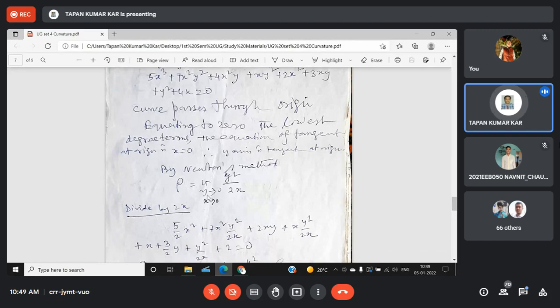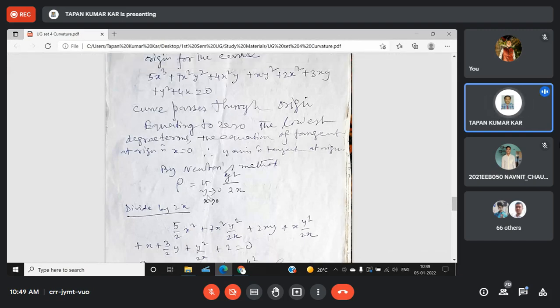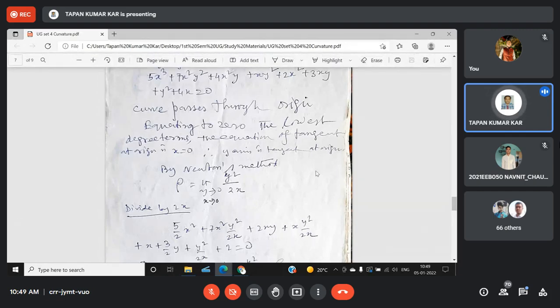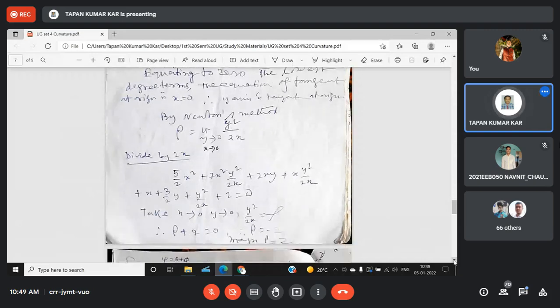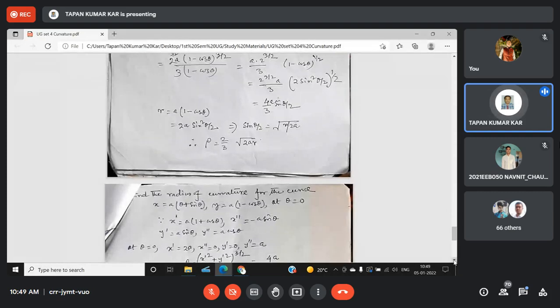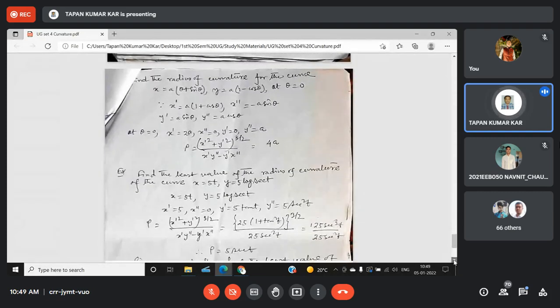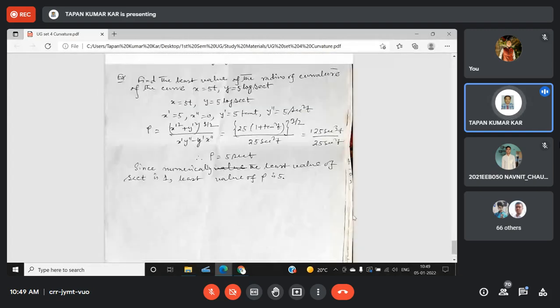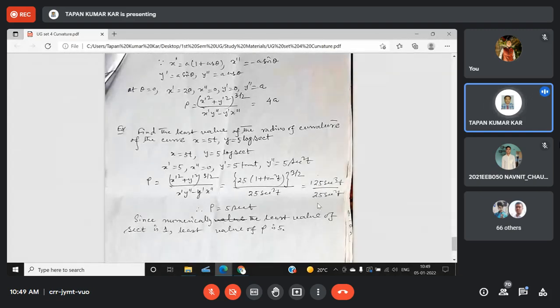And if you wish to find the radius of curvature using the Cartesian formula, then it will take time because you have to find the first derivative, then the second derivative, then use the formula. But use whichever you like. If you would still like to use the Cartesian formula, you can use this. Okay, 3 more examples are given. You will try to solve these. Otherwise, I will discuss them and then I will start asymptote. Okay, that's all.